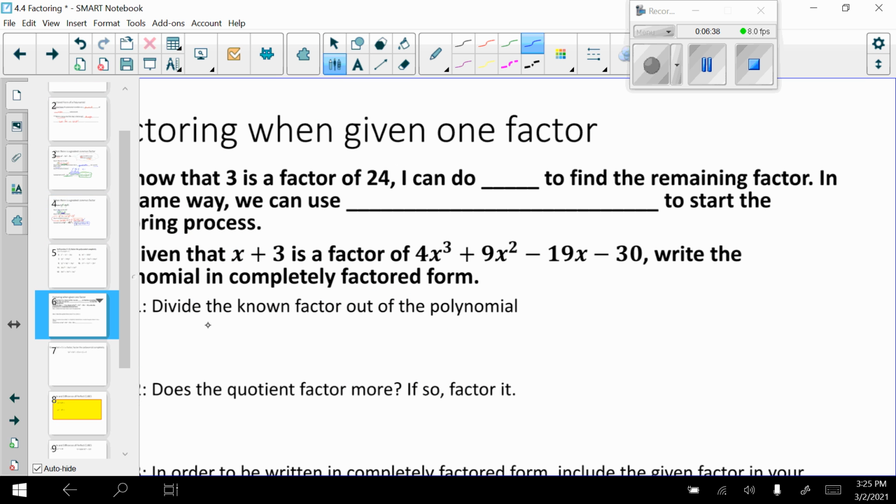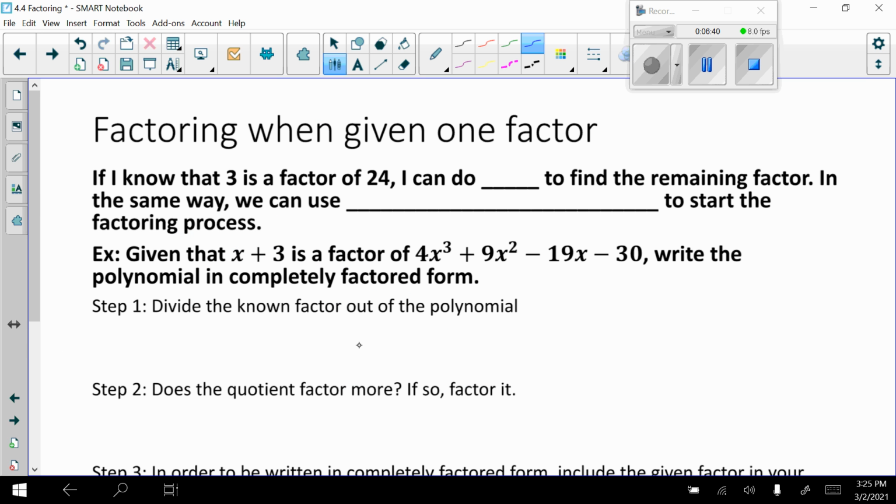So let's say that I'm given a factor, okay? So let's just think about numbers for a second. If I know that 3 is a factor of 24, I could divide 24 by 3 to find what the other factor is, right? I would just do 24 divided by 3, and that gets me 8. So I could see that the factor that corresponds with 3 is 8,